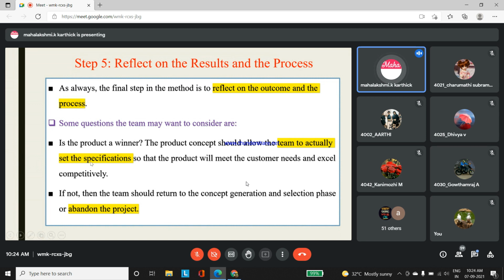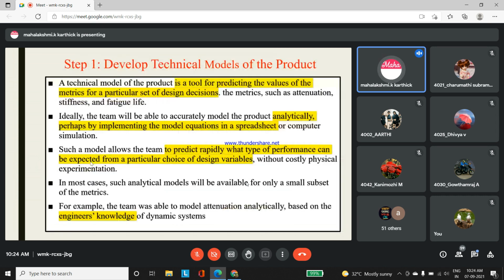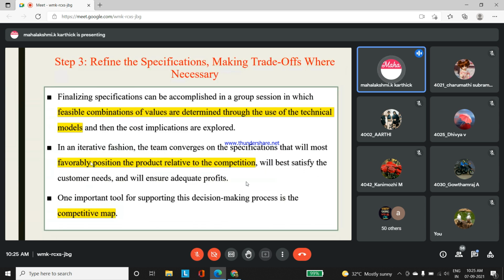And suppose any drawback, like the technical model is not running properly, it's not satisfied by the customer, the cost model of the product is not acceptable to the customer, you don't have the proper vendors to supply the equipment, any of the drawbacks; then if you're not able to trade off to the customer, customer is not satisfied with your specifications,